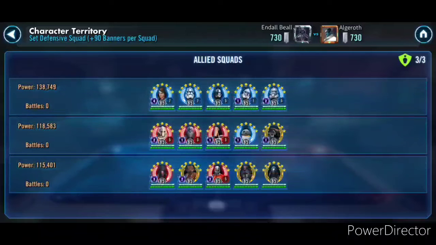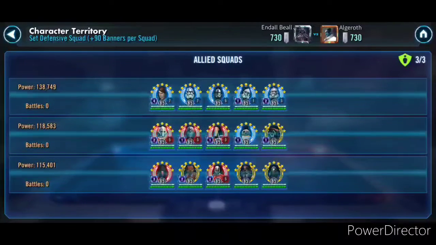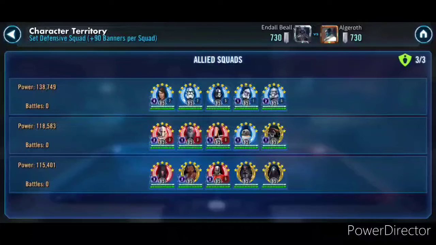So that's the Grievous squad, and then the Darth Revan squad again, great on offense. If you can take it on offense, especially if your Darth Revan is fast enough, you can get a complete hold on the opponent, clear their whole